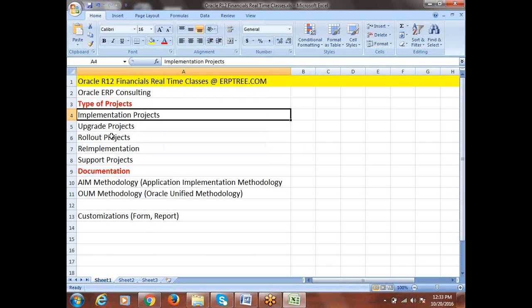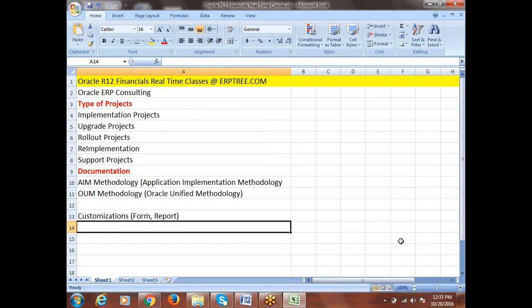Within the implementation process everything will be covered, since this is a very primary task which needs to be delivered by the functional consultant. Where we have to be involved, I'm going to write as a separate concept, and that is data conversions. We'll learn about data conversions as you work in real time, how data conversions can be done, and what activities we have to perform as a part of implementation.